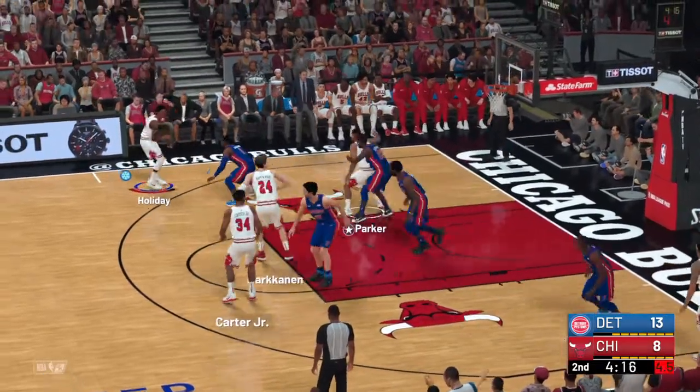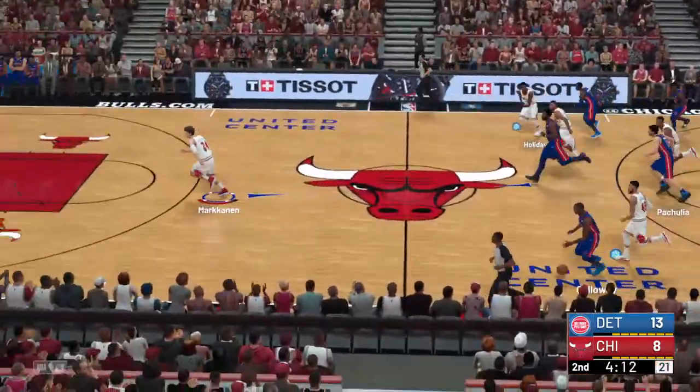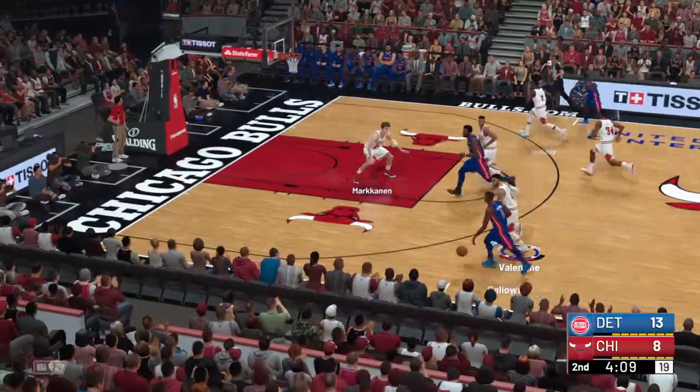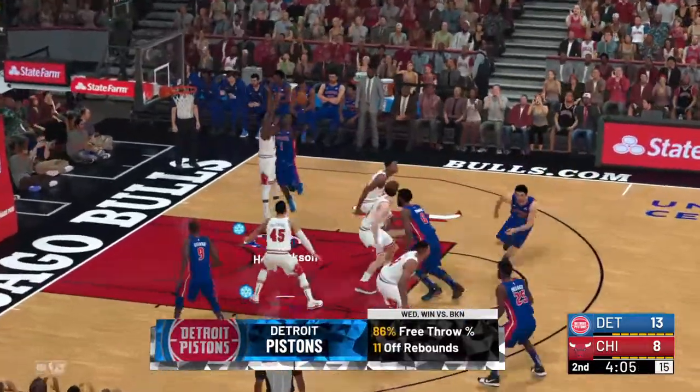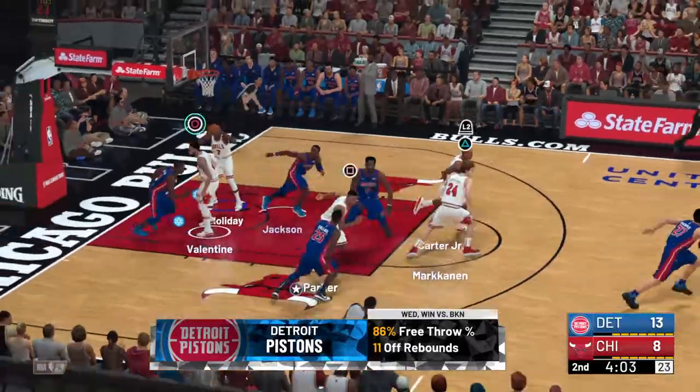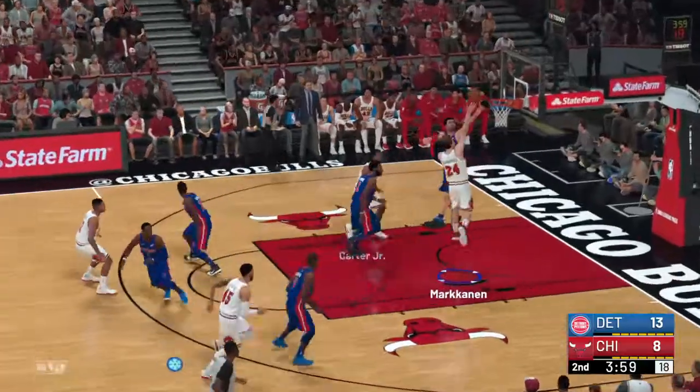Shot clock at 5. Holiday with the 3. Detroit with the rebound. They're coming off that win against the Nets. And after that game, it was impressive to look at the box score and see the work they did at the free throw line. That was a concerted effort to try to get to the line as much as possible,